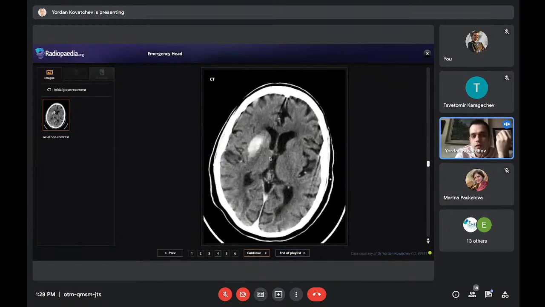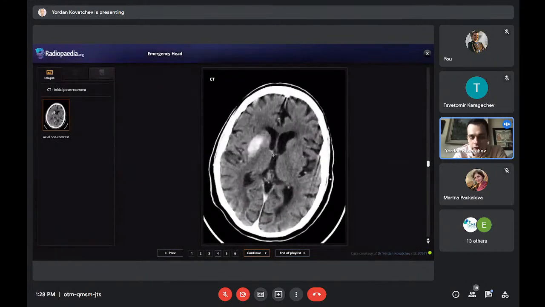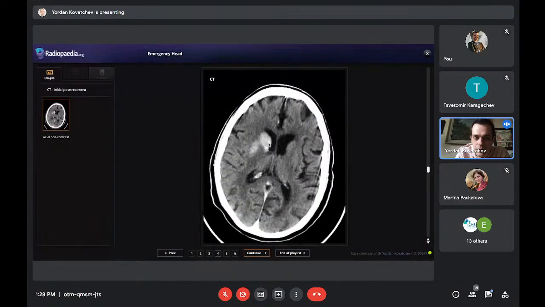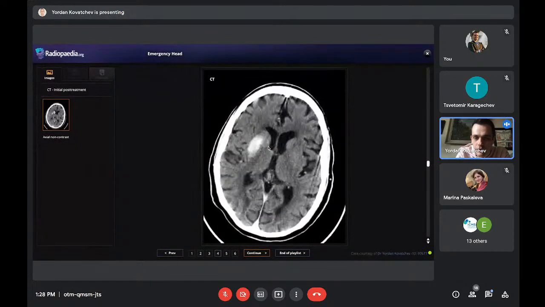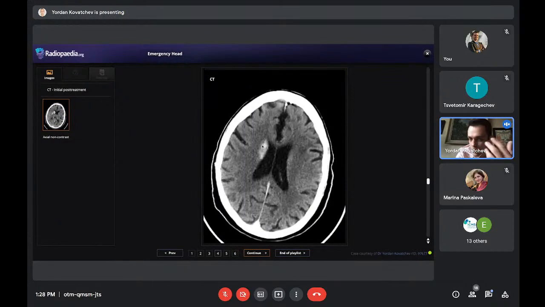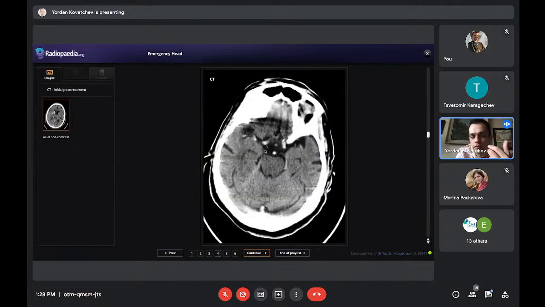Yes, there is a big contrast remnant, if you can say it like this, because as I said earlier, think of the anatomy. The basal ganglia are supplied by terminal arteries that have no collateral. So when we inject contrast in these arteries, and there is swelling here, the contrast develops and stays inside here for a small period of time before it can drain. And we did this study right after the procedure.